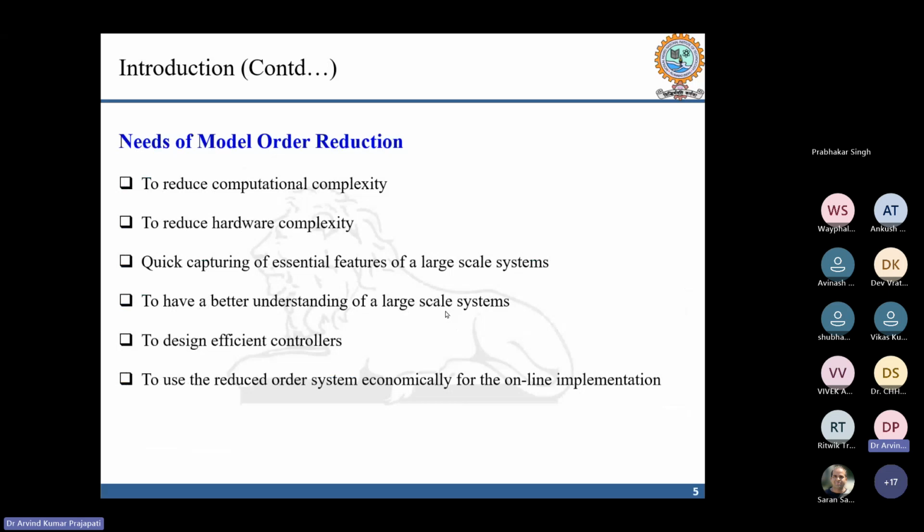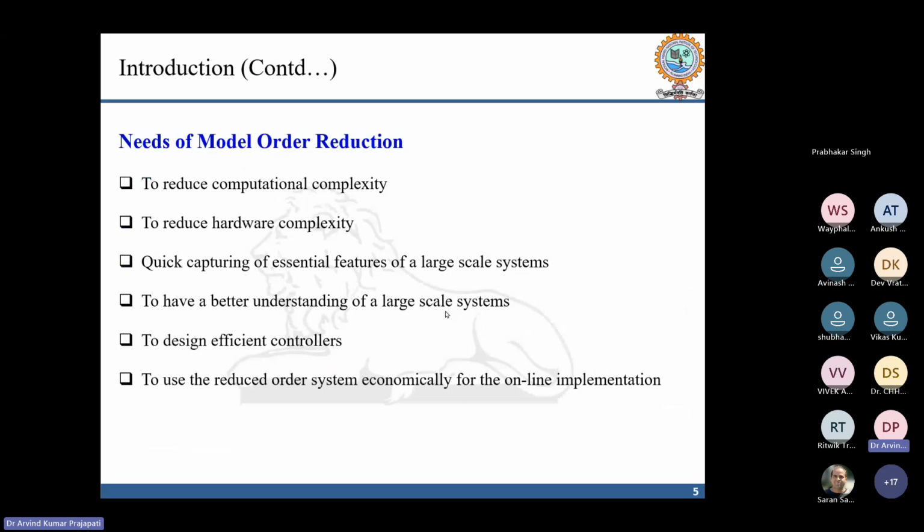So there are several requirements to do model order reduction. First, model order reduction must reduce the complexity. Means if you are proposing some model order reduction techniques, they should not be very complicated, because we are using model order reduction for simplification purposes. If a system is complicated, we are going to replace it with its equivalent lower order system. For doing this, we have to use some simple algorithms or techniques, and those techniques or algorithms we call model order reduction techniques or reduced order modeling techniques.